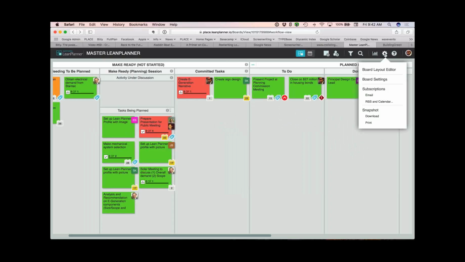So if you do that, you're going to get notified for every change. When you are assigned to a card, when it's your card, you're also going to get notifications every time that changes. Beyond that, though, we have the ability for you to subscribe to notifications on a card-by-card basis.